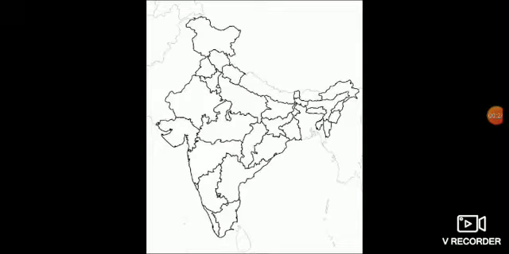Whereas in political map, we'll be marking the states, districts, villages, cities and all. Okay. So in physical map, we'll be marking the physical features. So what are the physical features? Such as mountains, hills, plains, plateaus, water bodies and etc. And the thematic map will be marking one particular thing, a theme, which can be said as the mineral distribution in the entire country or the mineral distribution in the state.